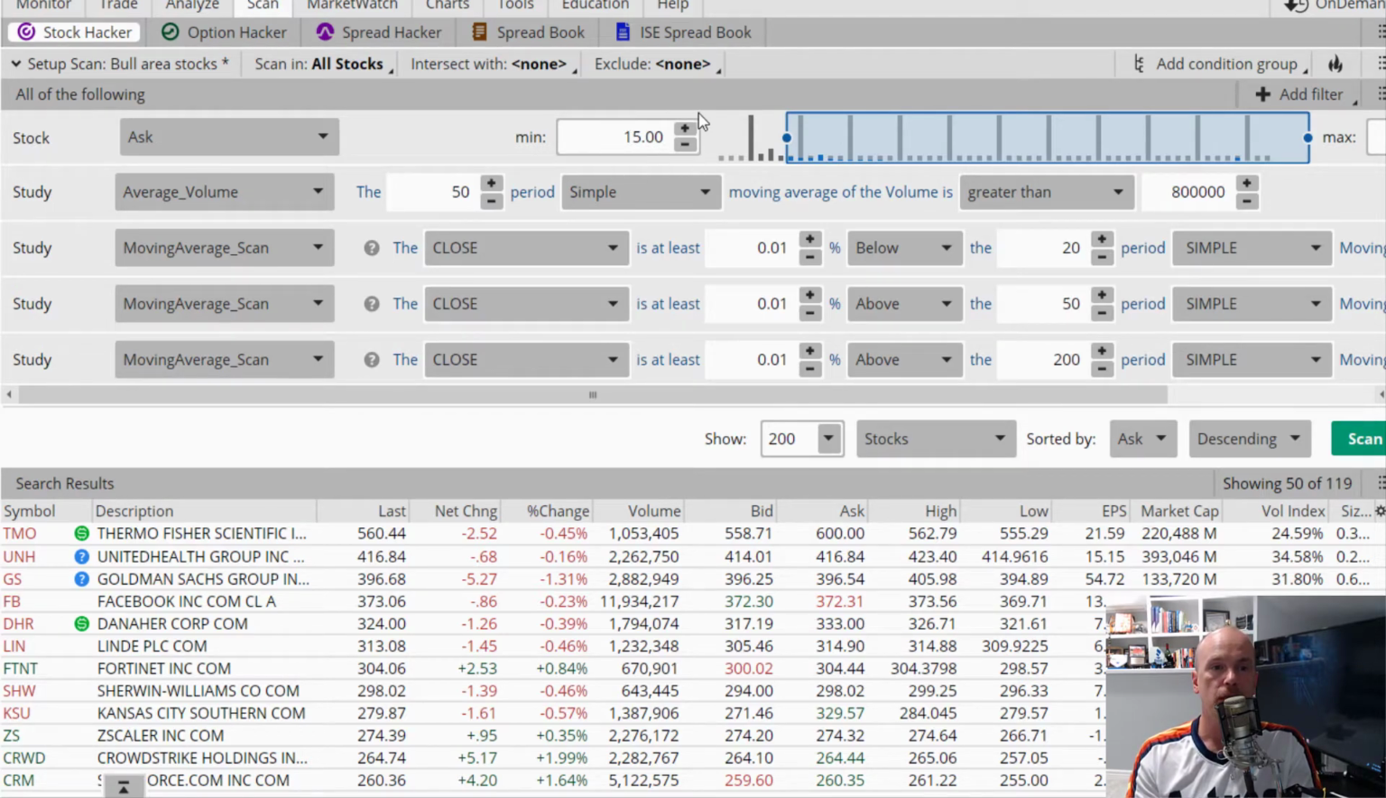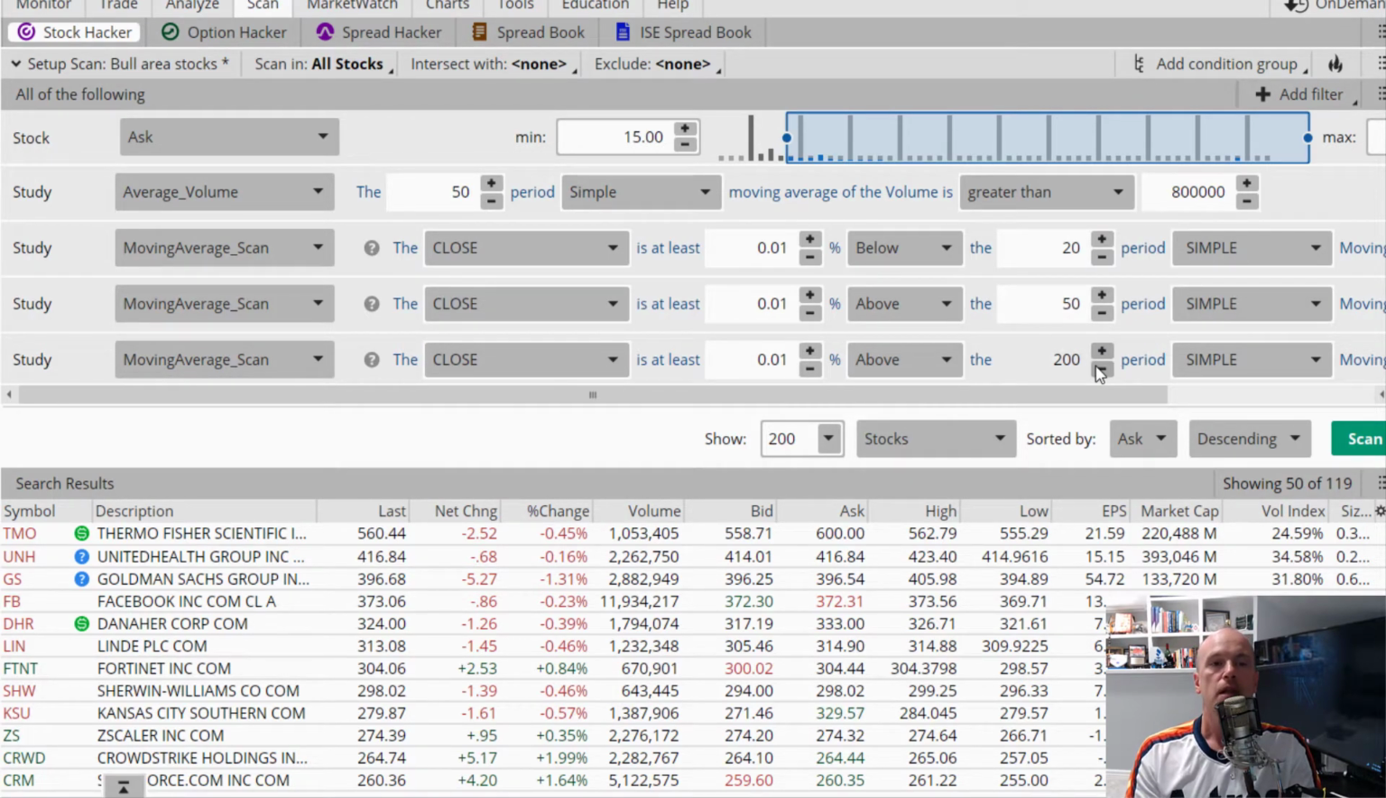$15 a share position. We have an average volume, the 50-period simple moving average of volume, greater than 800,000. So that's a study. We're scanning based upon the study. And then you can see that we've got a study that the moving average, the close, is at least 0.01% below the 20 simple moving average. The close is at least 0.01% above the 50, and the close is at least 0.01% above the 200 period